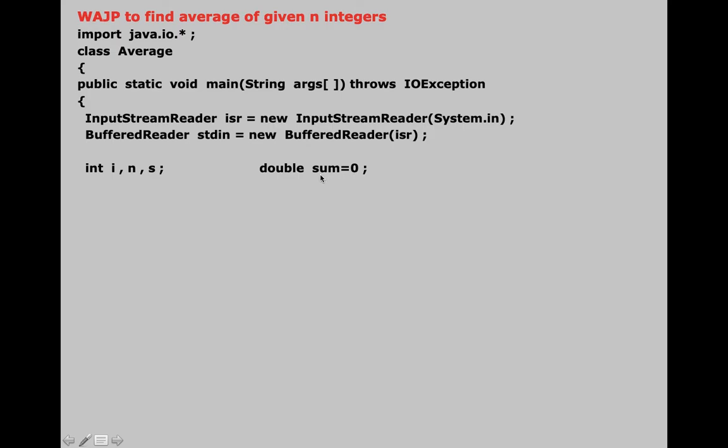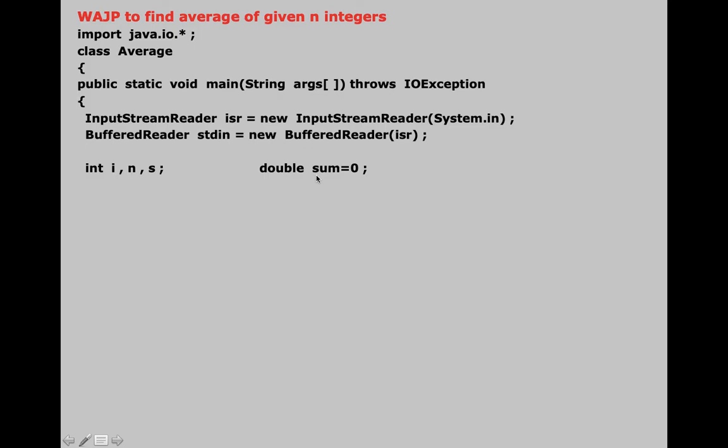Now what do you think this variable sum will store? So it will store the sum of all the array elements. Now the moment I said this, some of you may have a doubt in your mind. Can you pause the video and think about some doubt which you should have over here?